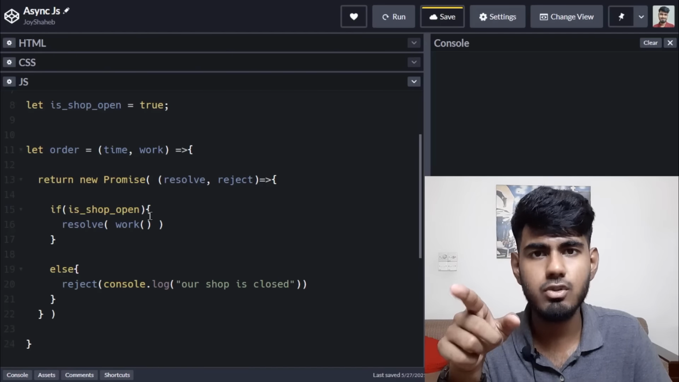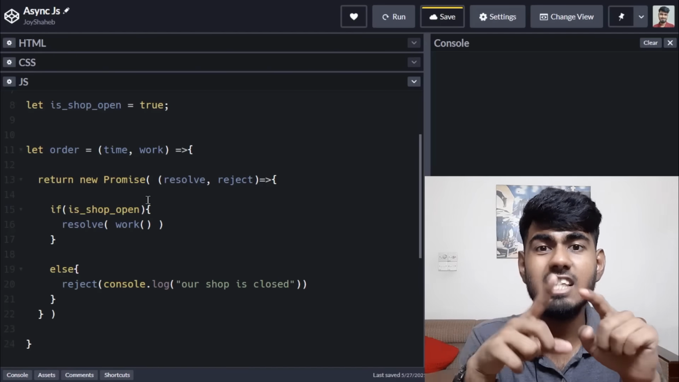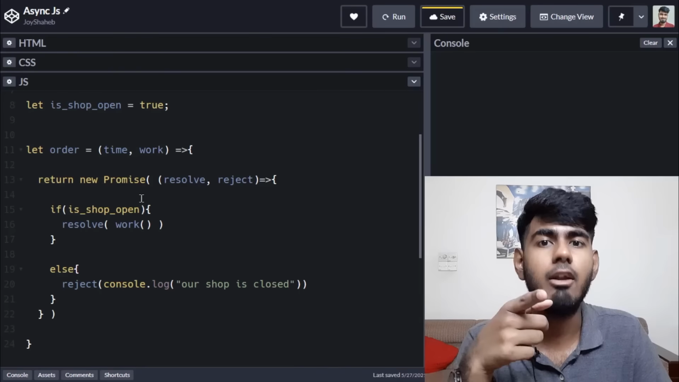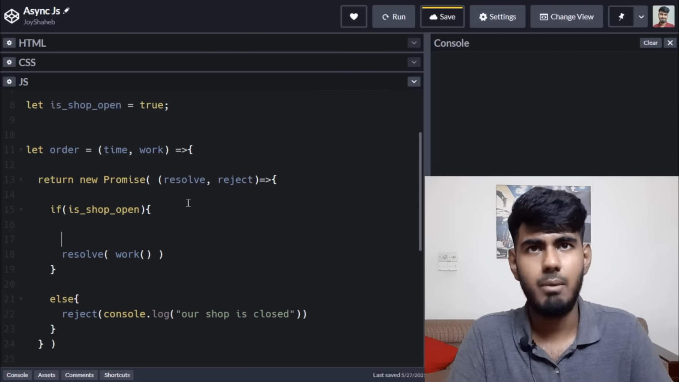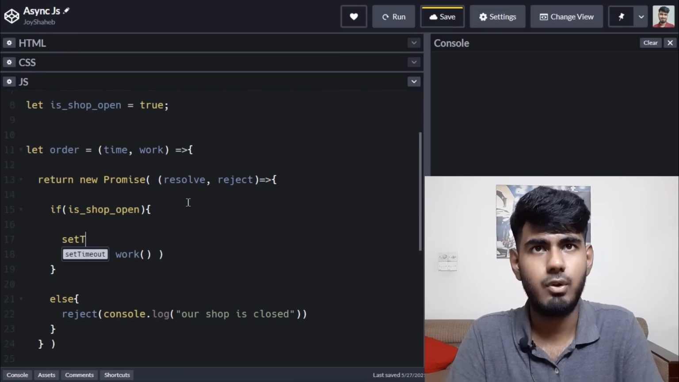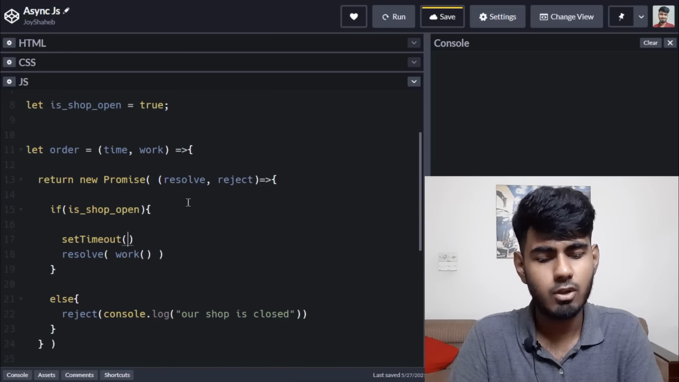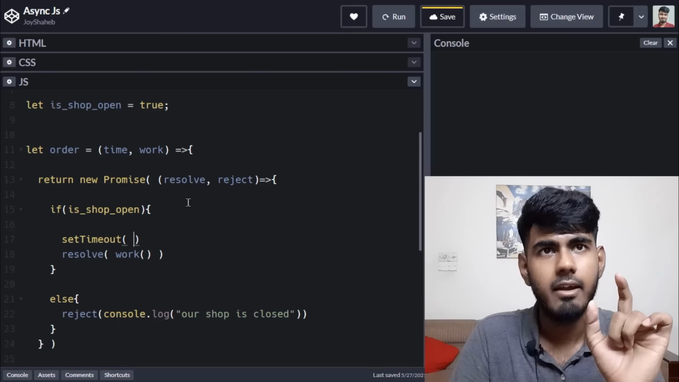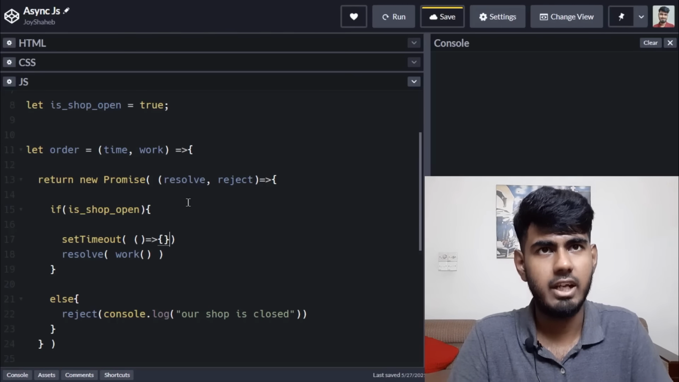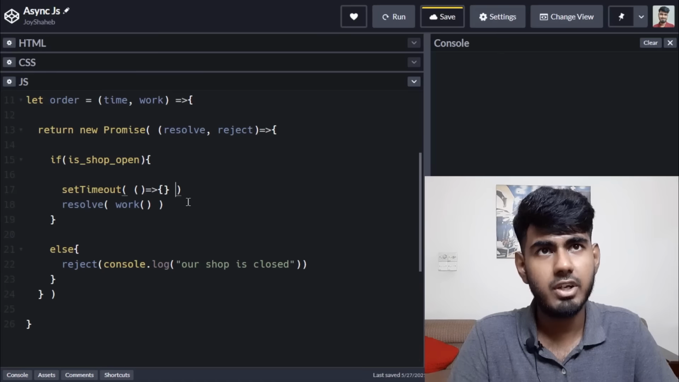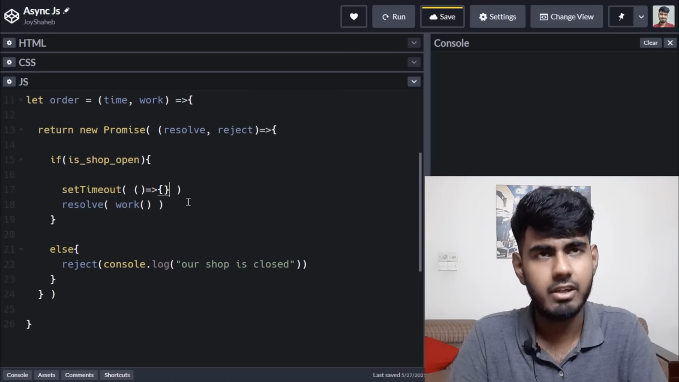So what will we use? We're gonna use a setTimeout function so that we can form the relationship between our time and work. Follow along with me. Okay, so below this if statement write setTimeout. Okay, and then brackets over here, form an arrow function like this. Look, okay, arrow function like this, and then you're gonna put a comma over here,